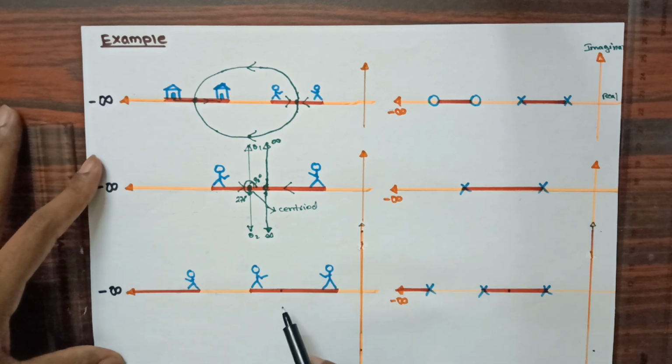Now in this example you can see I have considered three persons. Again, I am not having any destination for these three persons to end, so again these three persons are going to move to infinite destination. As we are going to provide the path based upon the odd count, from here to the next count, this count will become even. So we are going to provide the path from here to here, and for an even count, from this point to the next odd count, I will not be providing any path.